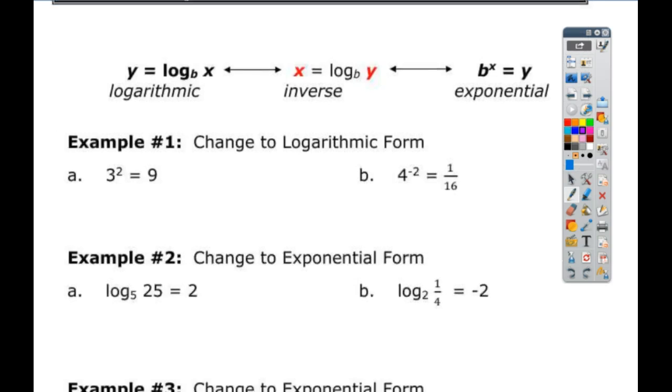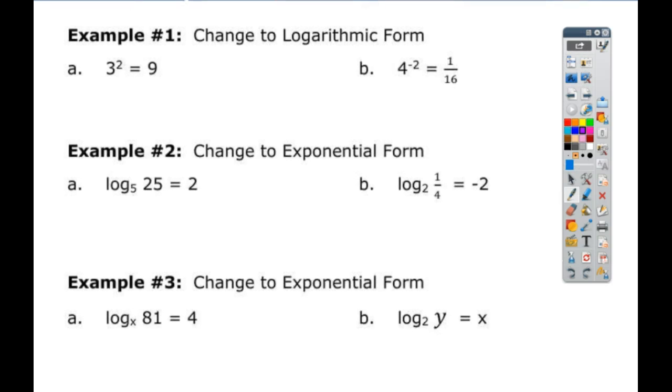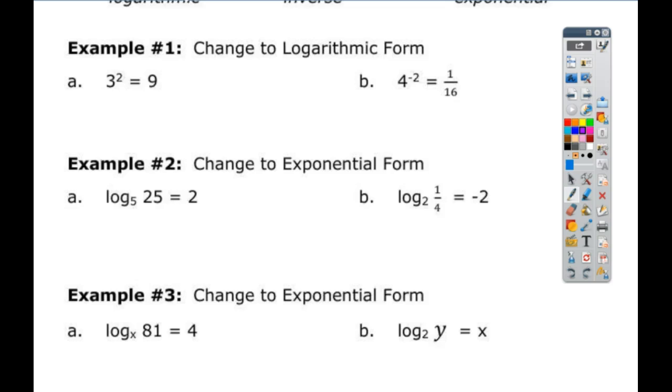So, I want to start with this right here. I'm going to start with example 2. We're going to read that: log base 5 of 25 equals 2. Log base 5 of 25 equals 2. Now, if I want to write that in exponential form,